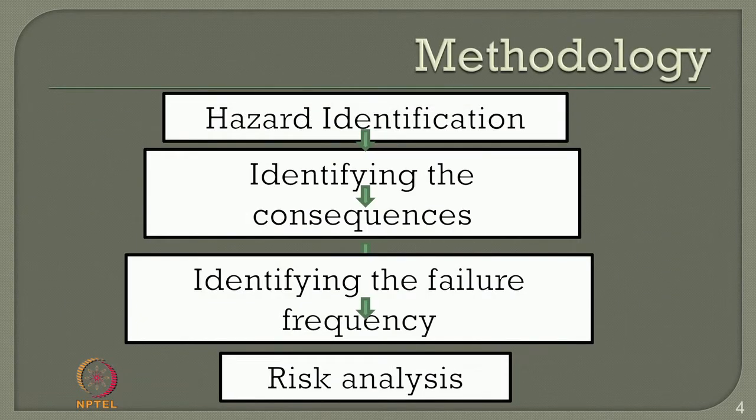The methodology followed to solve the problem will be the following. We will first identify the various hazards present in the station. Then for every hazard we will try to identify the respective consequences. Then ultimately we have to feed in the different failure frequencies based upon the identified consequences, and based on these two, frequency and consequences, we will land up in what we call risk analysis, which will become a two form output. One will be the societal risk and the other will be the individual risk.